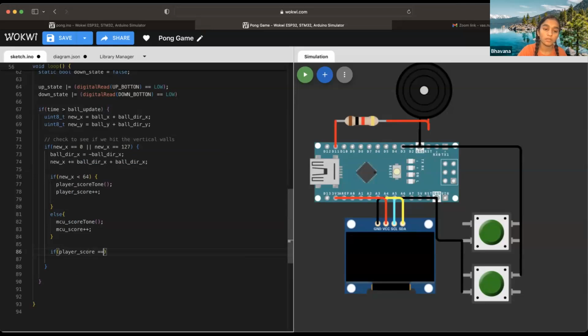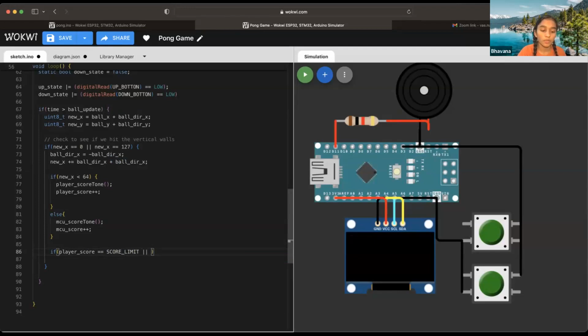When you're defining a variable, you say one equal sign, but when you're trying to compare two values, you add two equal signs. To score limit,